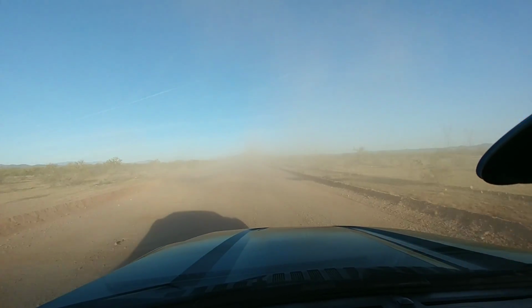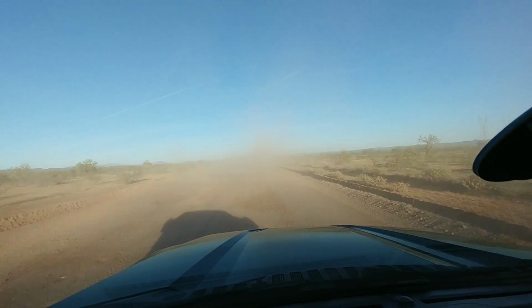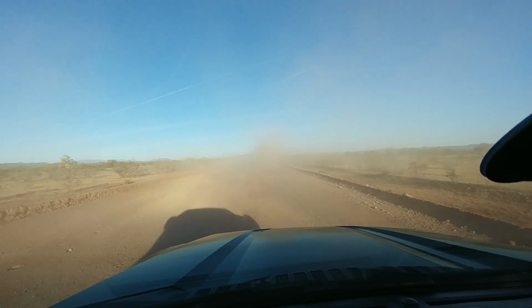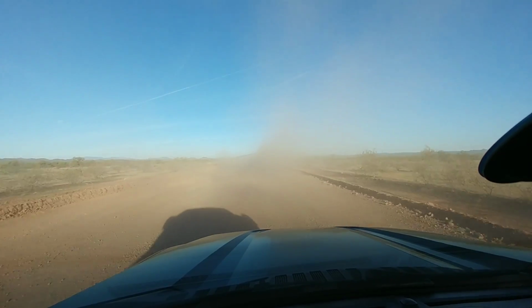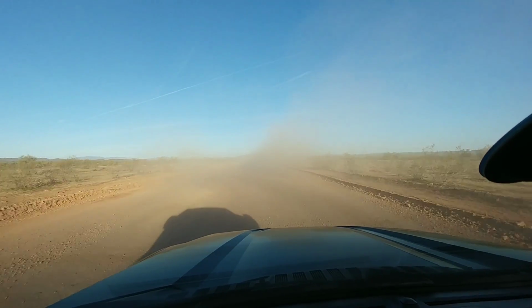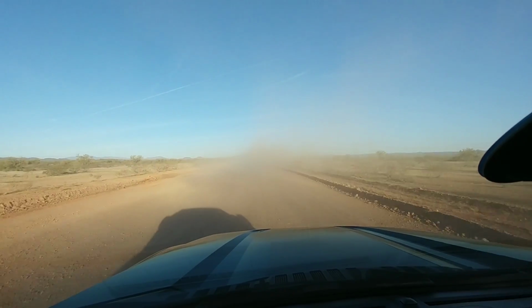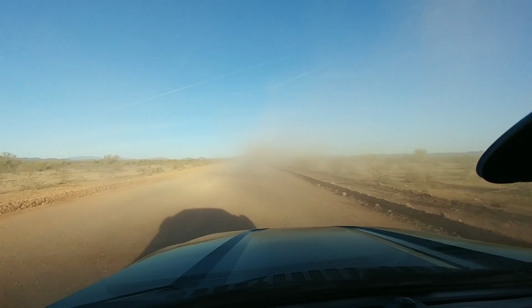You really can't see. Yeah, you really can't see at all. But here's a perfect example. You hear a couple rocks and pebbles hitting the side of the truck, but the truck feels completely tight. It doesn't feel as if there's anything loose or anything that's rattling. And I'm going to say that's pretty much the same across most new vehicles now, but again, it's just the